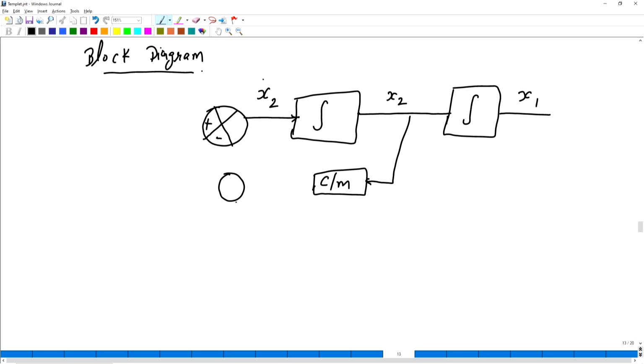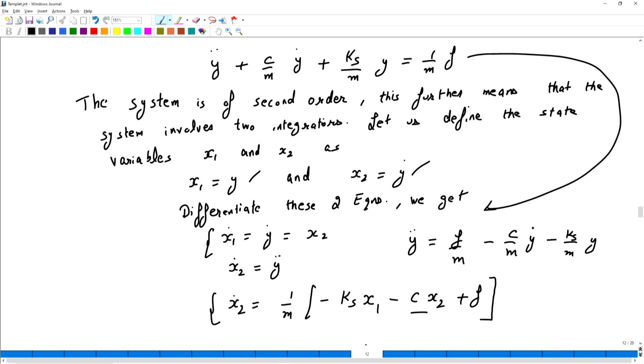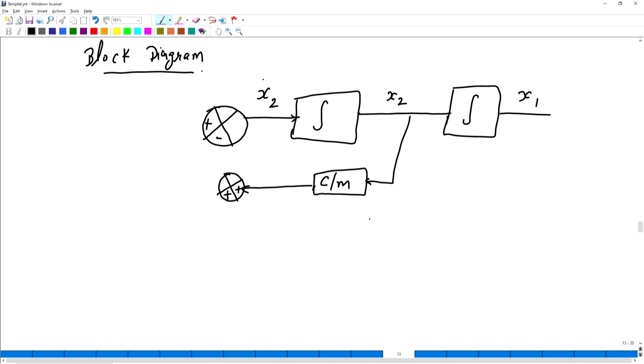This is another summing block. I'll consider this as plus, and this as plus. And another variable X1 that we have here, Ks upon M into X1. So I'll multiply here with a block Ks upon M, which is X1.